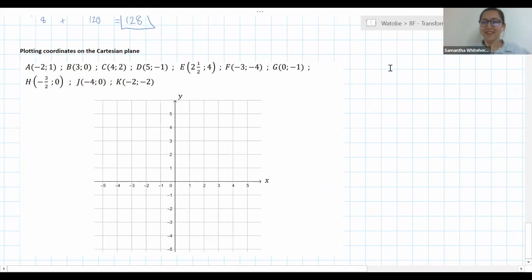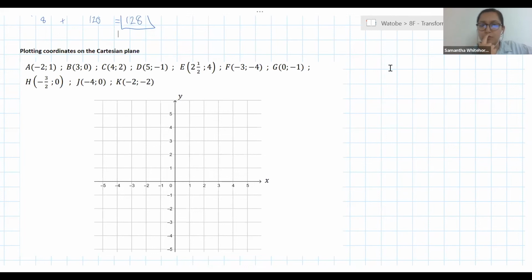Thanks, Tiamo. Hi, ma'am. My question was that when you're making your own Cartesian plane, how do you make the points? Like before you plot the points, how do you make the points? I think this is what Sam is going to explain actually. That's a good question. If I'm understanding your question correctly, you're asking, if you draw your own Cartesian plane, how do we then decide where we draw the points? Yes, ma'am. Okay, perfect. So basically it's very much